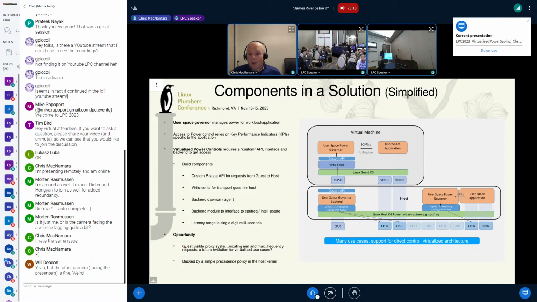I have a question. Oh, please, yeah. So you're saying that you're using the Virtio serial interface as a way to communicate. Have you looked at the Virtio SCMI interface, where SCMI is System Control Management Interface? That's a Virtio device which provides you access to some frequency scaling, performance domain, and power state. Maybe that would be a better way for the guest to provide some performance hint to your backend.